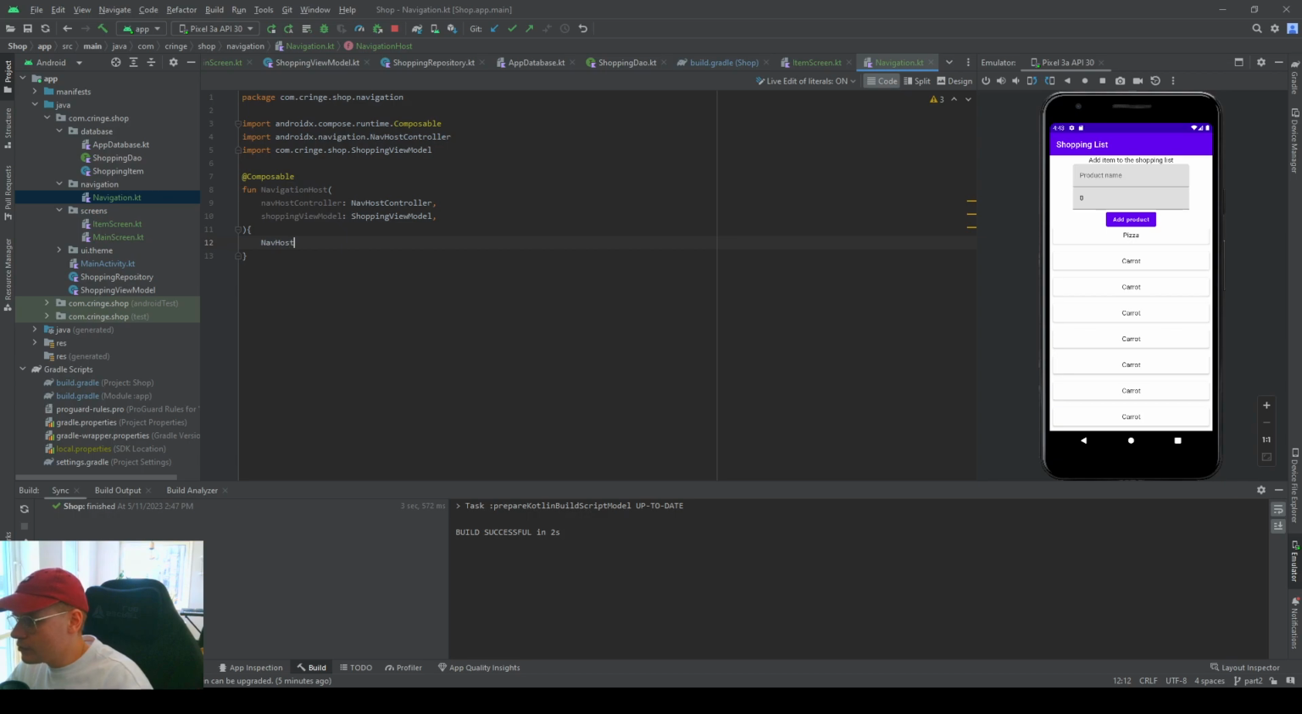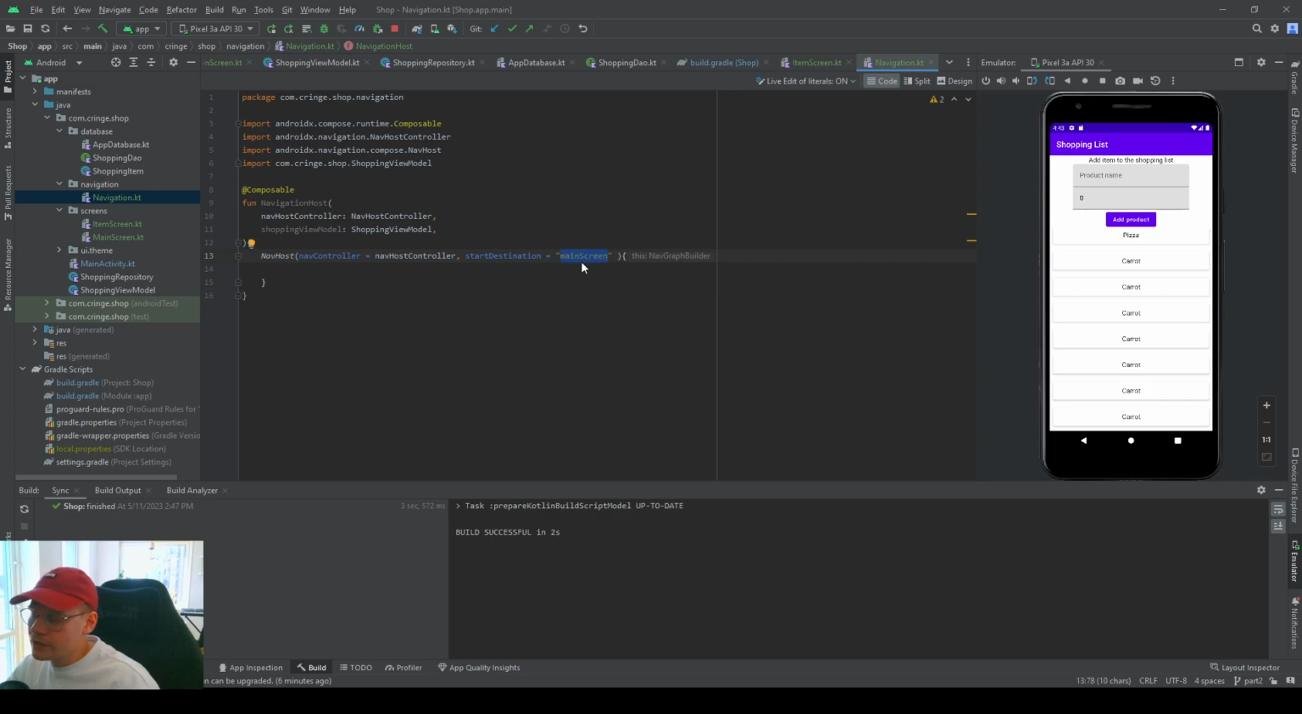Well, we want a nav host, which is going to use this nav host controller. So we're going to just type nav controller equals nav host controller. And the graph we're not going to use, but we're going to use a start destination. And this start destination is going to be just main screen. And then we do this. So yeah, we're going to start on our main screen, and this string is very important, and we should have this in some kind of file to make it more static, so you can't have typos,